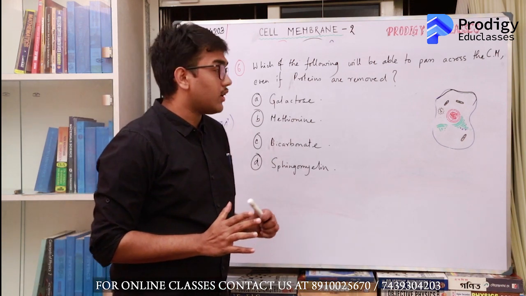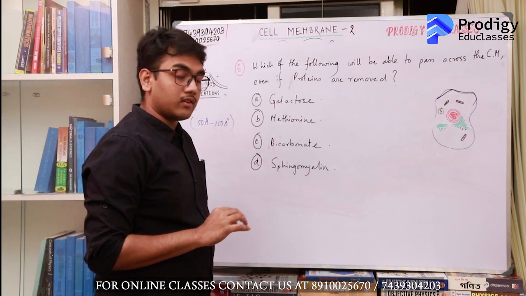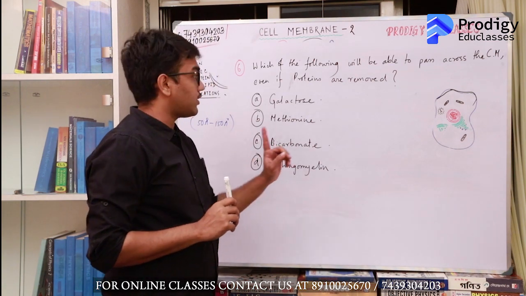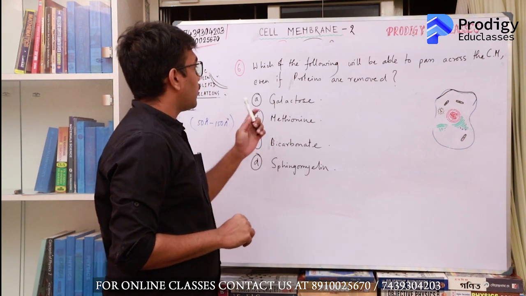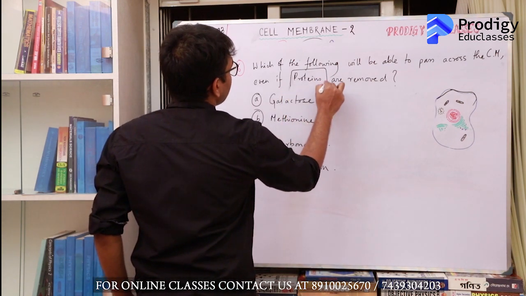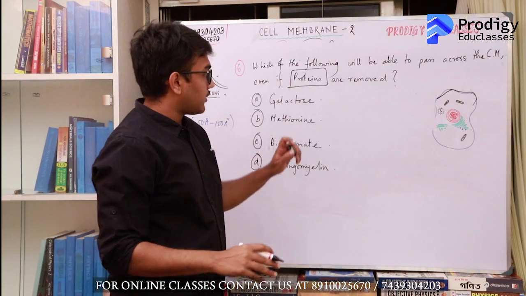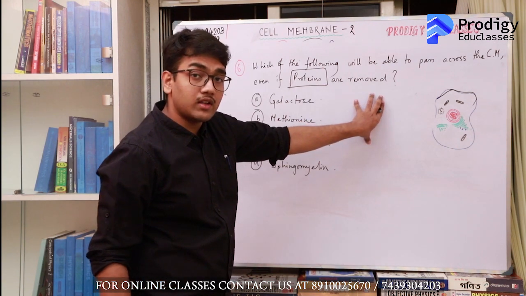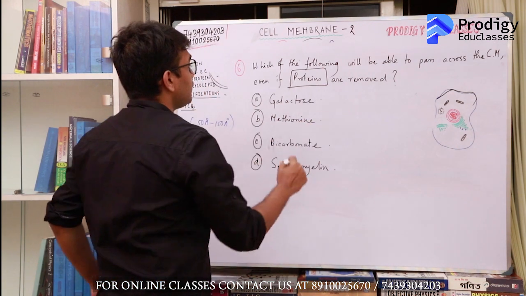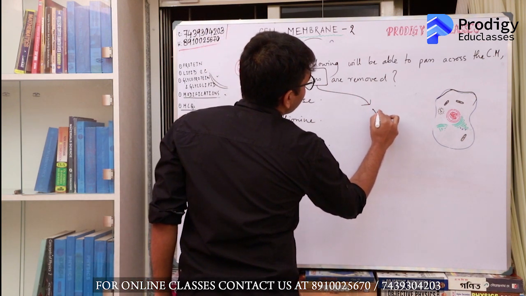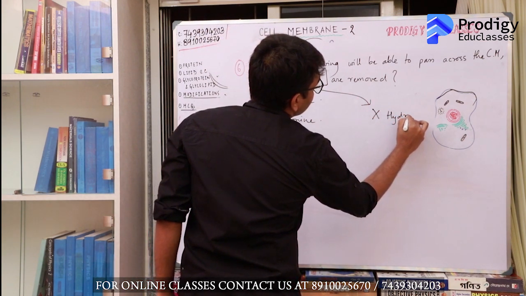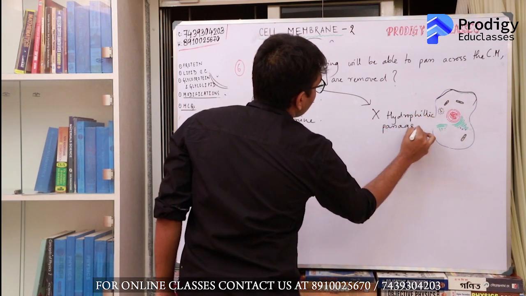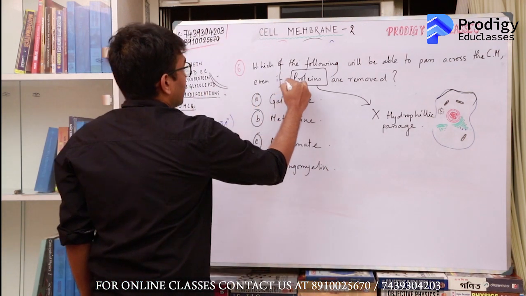Now this is a bit difficult for those of you who are in lower classes, but for those of you who are in class 10 and above, you have to have a knowledge of biomolecules and of cell to solve this question. Look, what I have said is, if proteins are removed, so the cell membrane had both a hydrophobic ambience and the proteins were providing for the hydrophilic passage. If proteins are removed, it essentially removes the hydrophilic passage. So that is the first point.